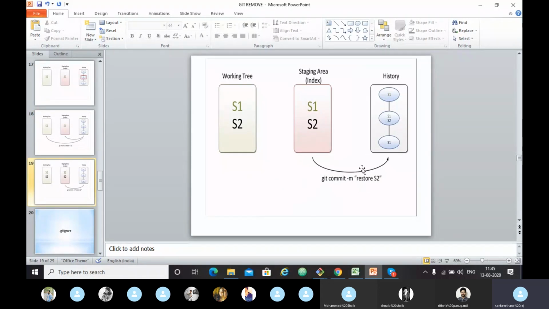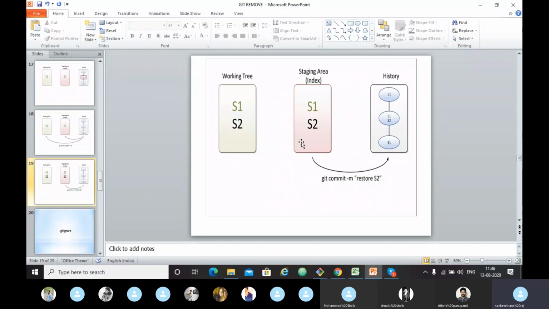We did this because we have the s2 file in the staging area; the working tree and staging area are already matched. So we don't have to use the git add command. The git add command is what we use to move changes from the working tree to the staging area, but we don't need it because they already have the same files.